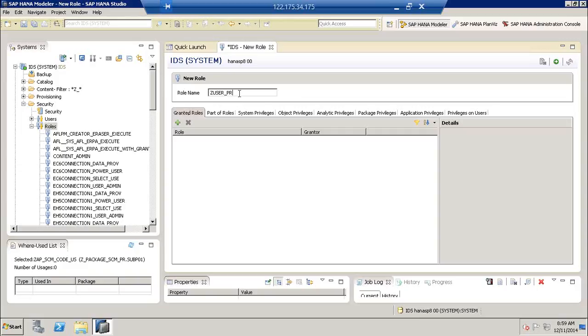So for this super role, we will not derive anything from another role. So we will pick up the system privilege. So far good. Object privilege, okay. But we want to look into the